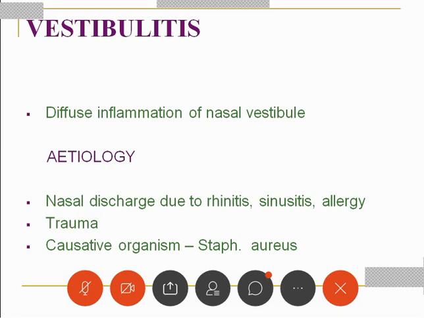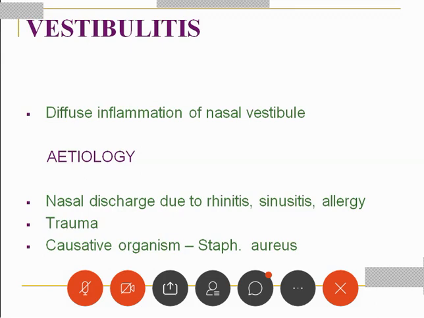Vestibulitis. This is acute infection of the vestibule of the nose. One particular hair follicle infection will lead to furunculosis of the nose. Diffuse inflammation of the whole skin of the nasal vestibule is called nasal vestibulitis, which usually happens due to chronic inflammation of the nose. You see, etiology is nasal discharge due to chronic rhinitis, sinusitis, allergy. Mostly these are due to chronic conditions, trauma,